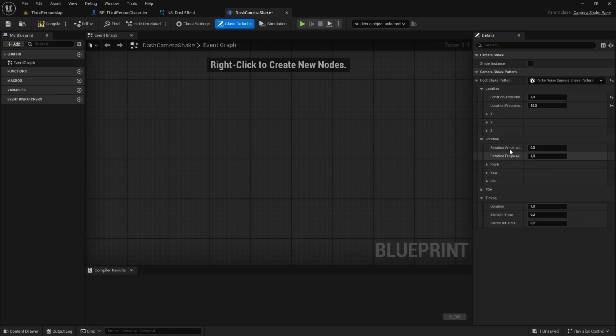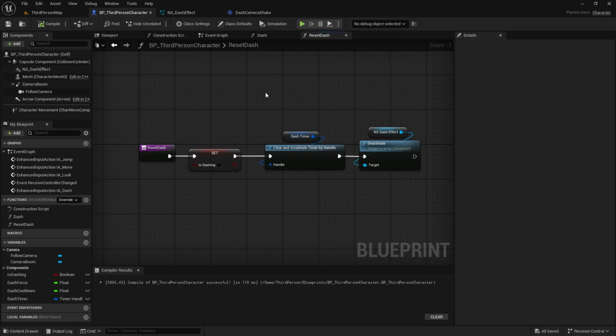So I will do the same for the rotation. So I will put 3 on the amplitude and 30 on the rotation frequency, and for the duration of the shake I will put 0.2. And there we go. This is basically all we need to do in this dash camera shake. So let's compile and save, and let's go back to the third person character, because now we need to apply